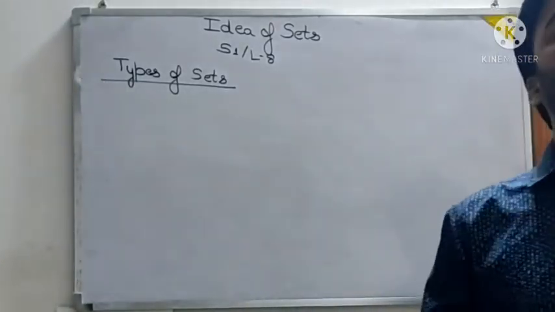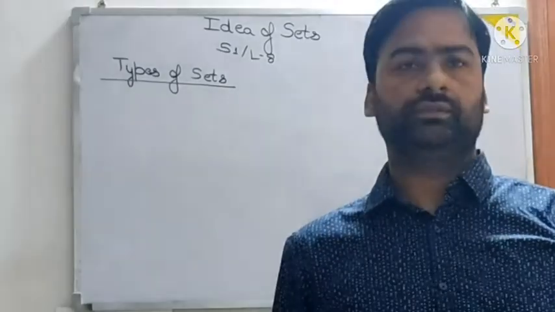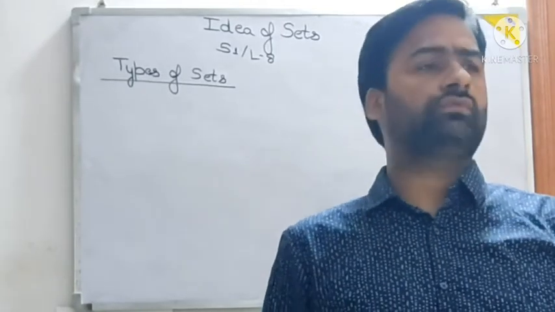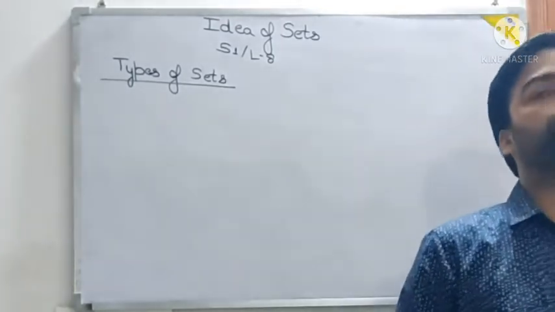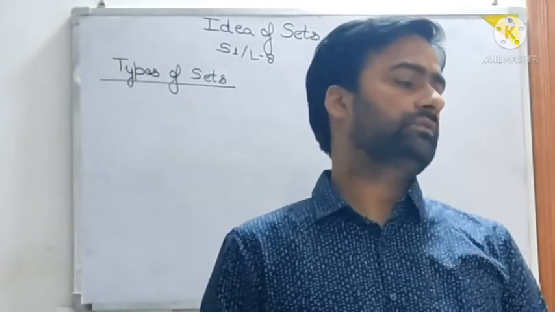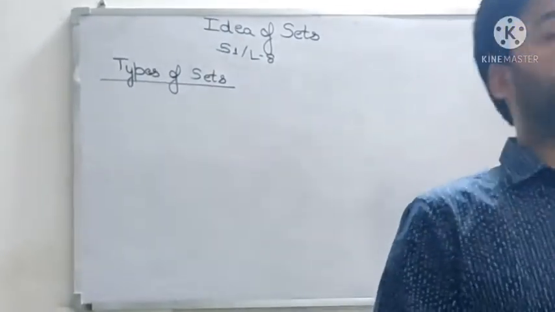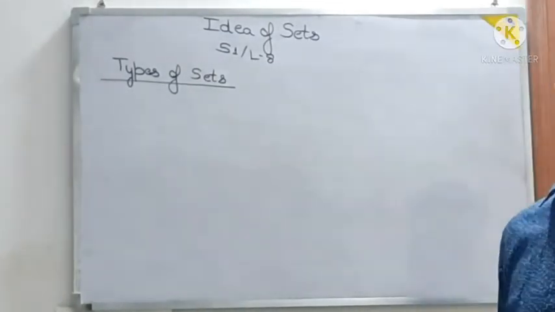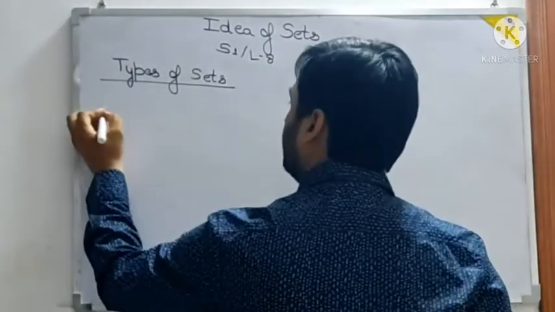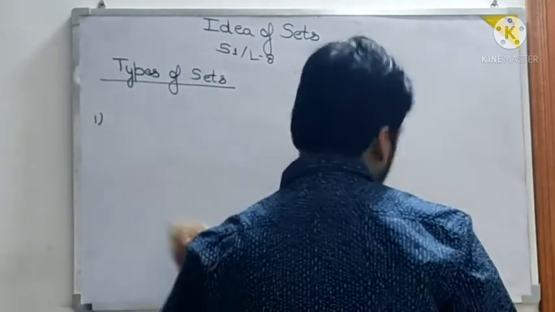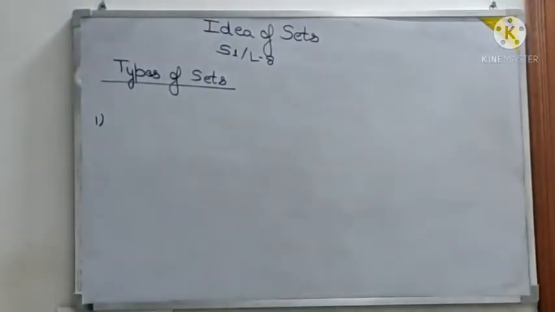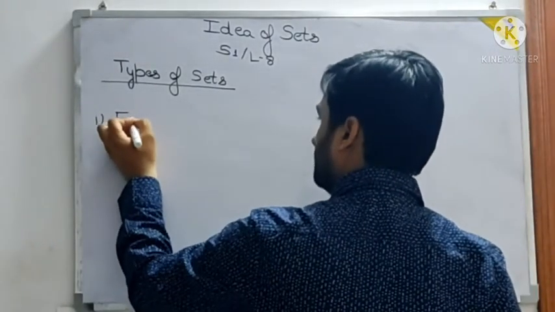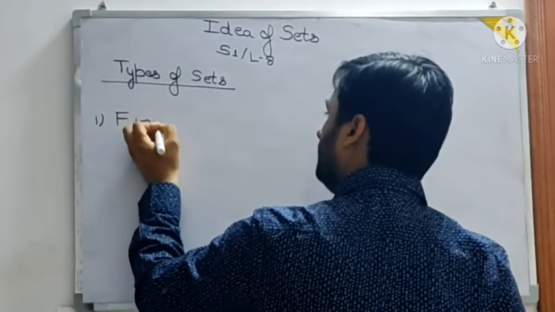Now children, there are different types of sets, you know. You must have studied them in class 7th and 6th also. But as part of the syllabus and topic, I'll be explaining the different types of sets, and I'll try that you can correlate with them also. The first type of set that you have to study is called a finite set. I had given a brief introduction.